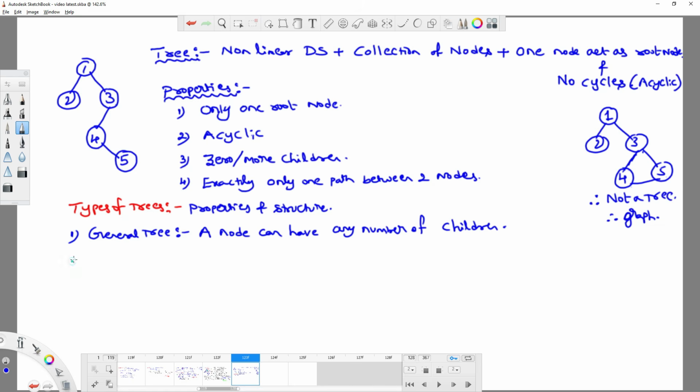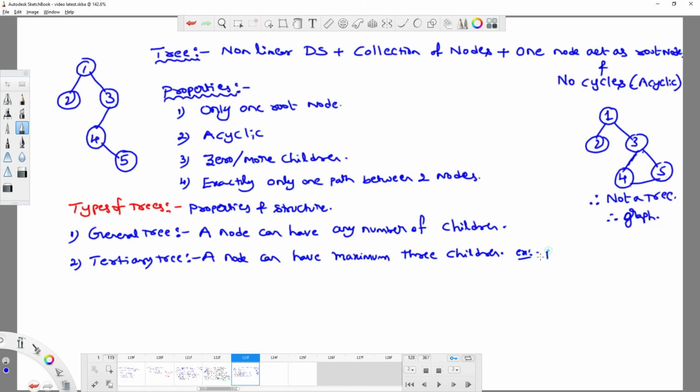Okay. Next, tertiary tree. Next type of tree is tertiary tree. Tertiary means what? 3, right? A node can have maximum 3 children. If a node can have maximum of 3 children, we can call it a tertiary tree, right? I mean, if you take any node, that node should have a maximum of 3 children. It should not be beyond that. For example,